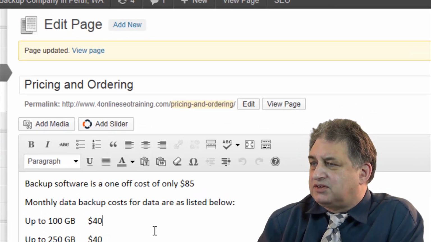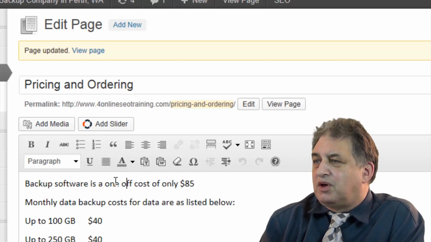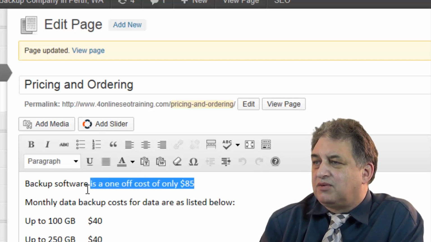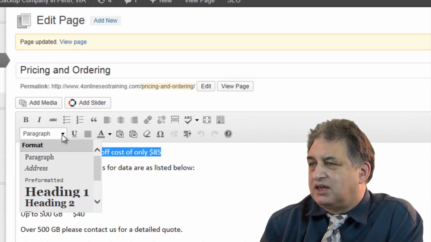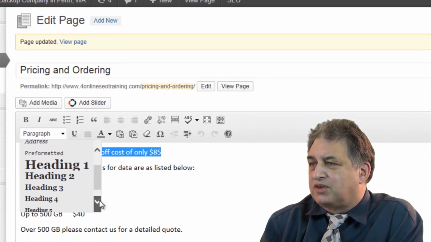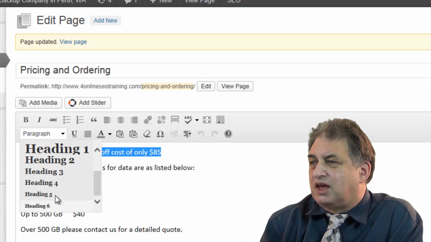Now, in this particular case, I've got a page here where it's just simply got some text in it. Let's say this line at the top, if I wanted to mark that as a header, it couldn't be easier. I would just simply select it. In the case of WordPress, I'd click here and I'd say mark this as a heading, and you can have different levels.